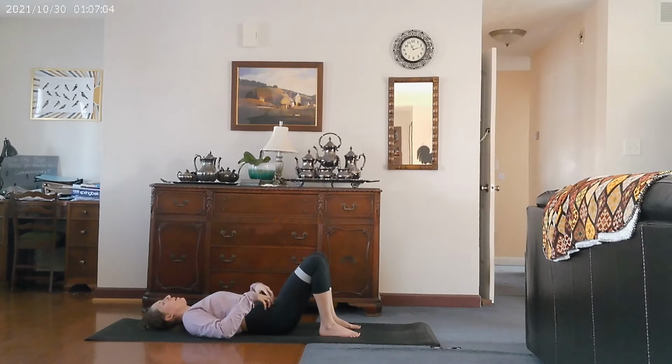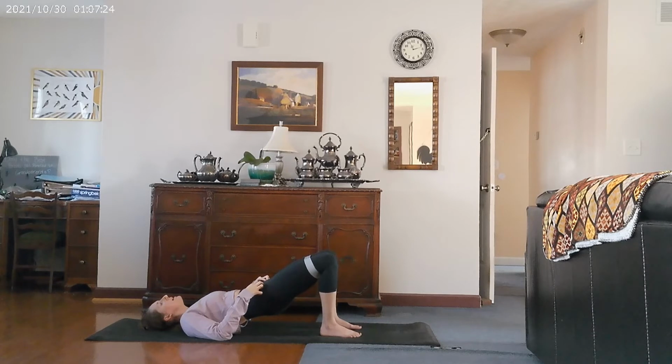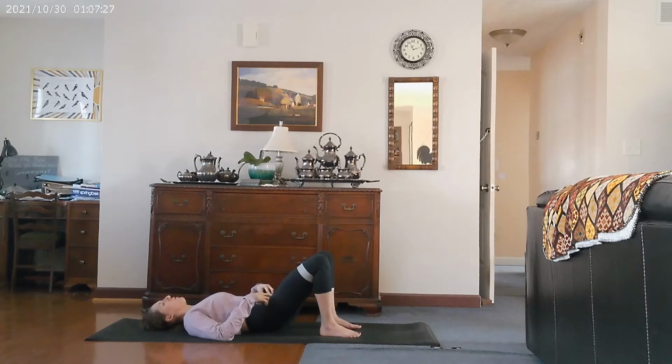So with your exhale, we'll start with 10. You're going to do 10 glute bridges. So engage the glutes. Core comes on. Try to get rid of the gap between your back and the floor. And with your inhale, lift your bum. Exhale, lower down for